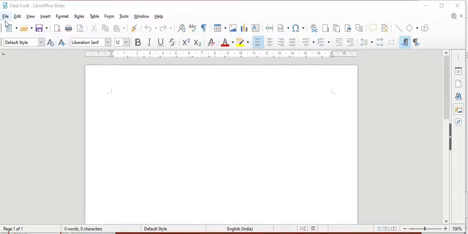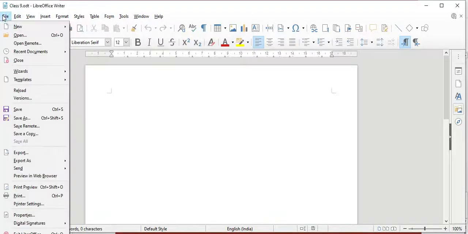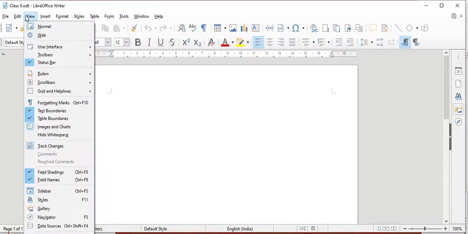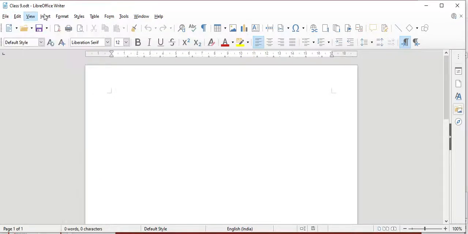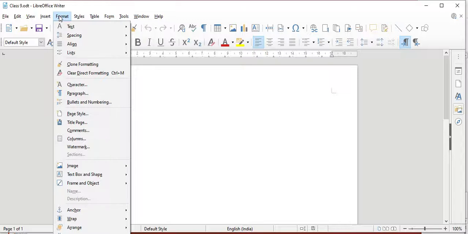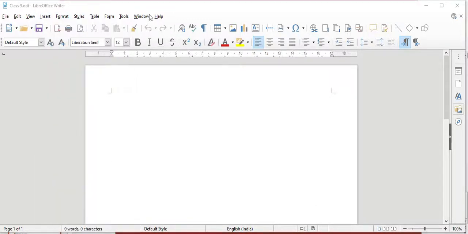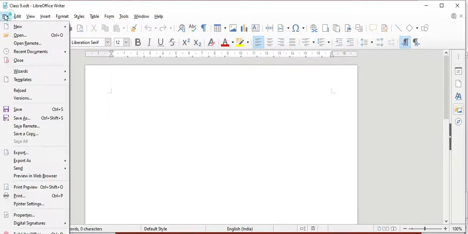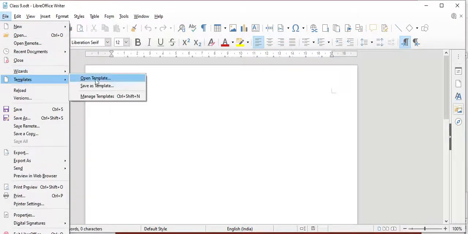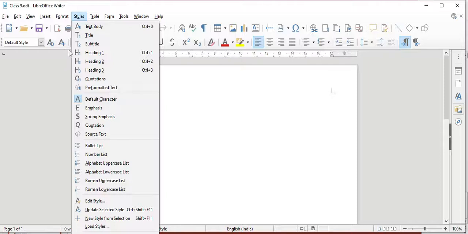The next one is the menu bar. It appears below the title bar. This is the menu bar where you can use File for saving, Edit if you want to edit, View, Format, Document, Insert if you want to insert. These all are the menu items. When you are clicking and selecting some menu, you get the submenus of your menu.